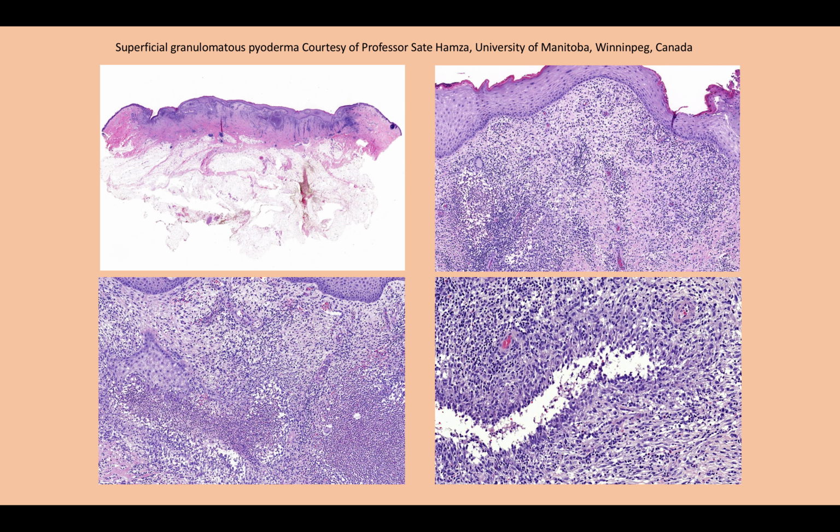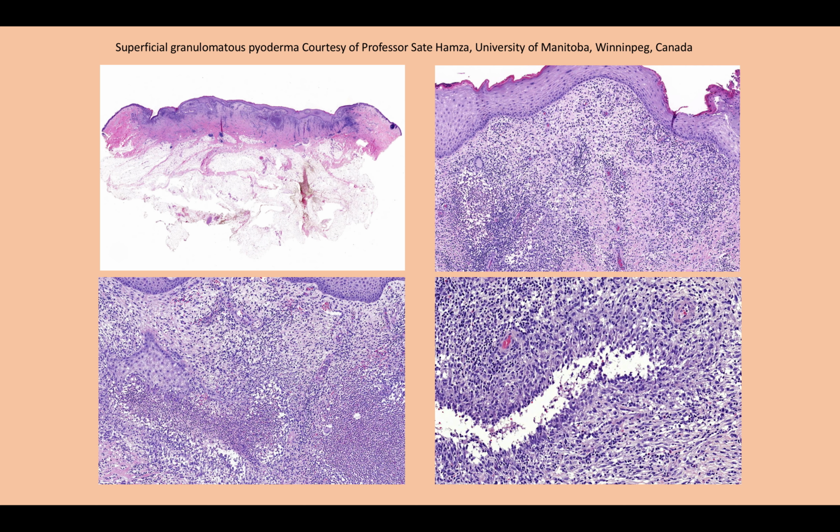Although it's called superficial granulomatous pyoderma, implying a relationship with pyoderma gangrenosum, this is a little bit uncertain because superficial granulomatous pyoderma generally responds very well to treatment and is not associated with any underlying